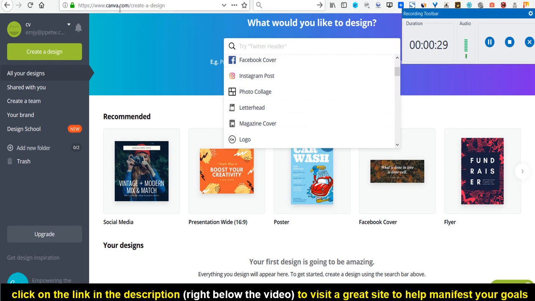If you want, you can create a free account on the website, and this will help you create a digital vision board, a wallpaper, whatever you want to call it, anything where you can put your images and write your goals. That's the whole purpose of this video, to write down your goals. And the reason I like digital vision boards, or what people call wallpapers, is because it's always in front of you. Whenever you're on the computer, that's the first thing you see when you log on. You see that as your background image. So it's a great way to stay informed.